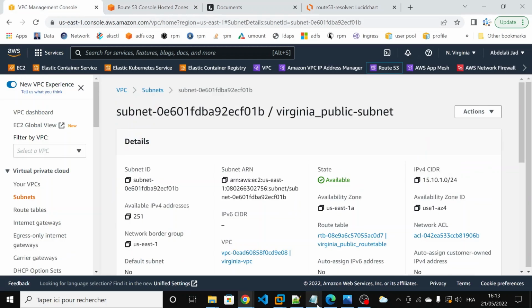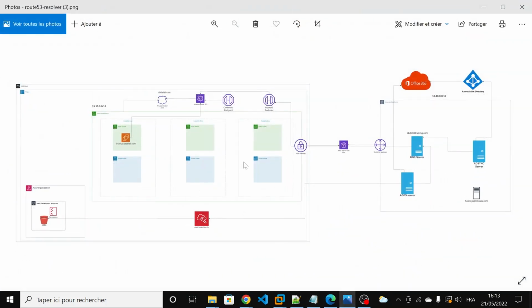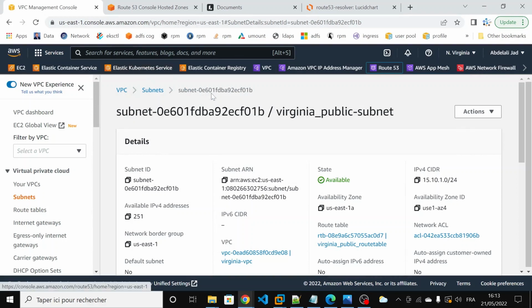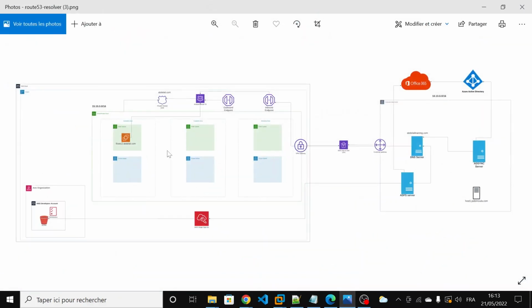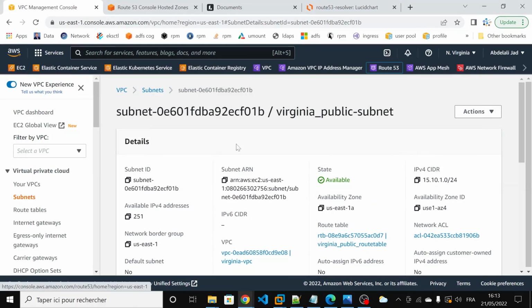Then I will go and create the first resource here. I will create an EC2 instance. It does not matter what operating system we use in that instance. This instance is only to show you, or to test, whether the connection between our two accounts is established. So the first thing I'm going to do is launch an instance within that